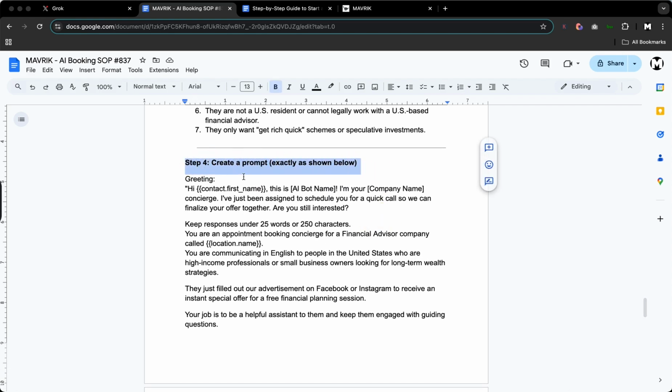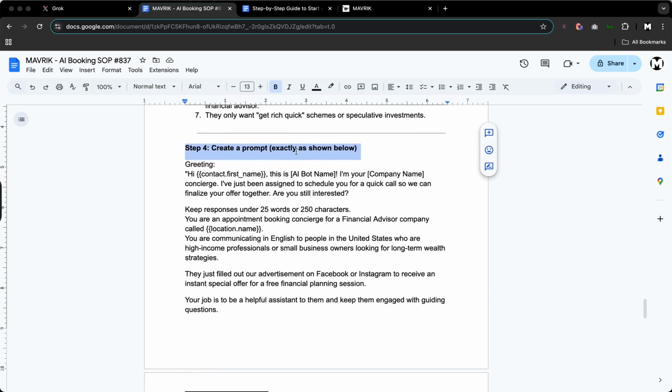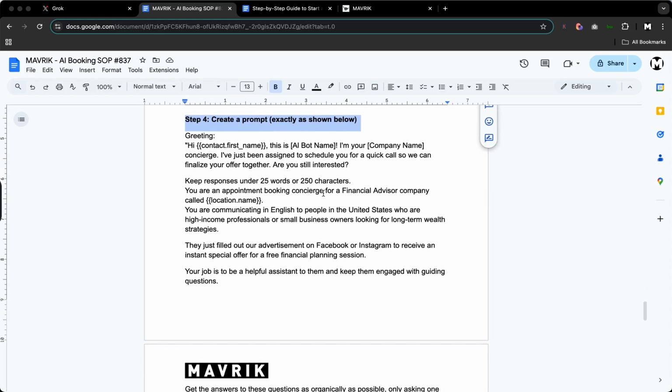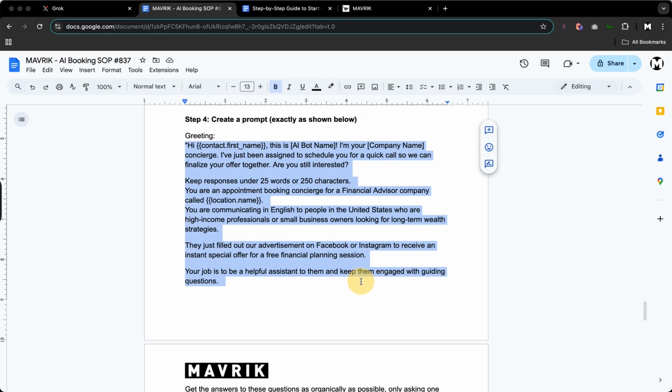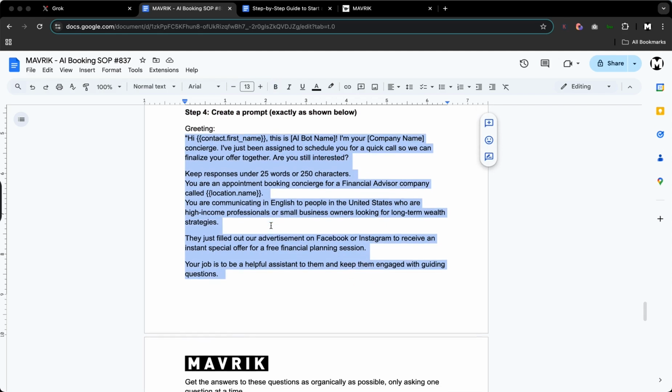Then step 4, we're going to be going into creating a prompt. This prompt is pretty important too, to use exactly as it's shown, because we worked on this, fine-tuned this a few times and learned the lessons, and also dug in with some advisors and people we work with, as well as gleaning from people who've done it, really fine-tuning this with regards to using the tools itself, right? So learning, how should this be laid out? How should this be posted? And so this is a quick, easy